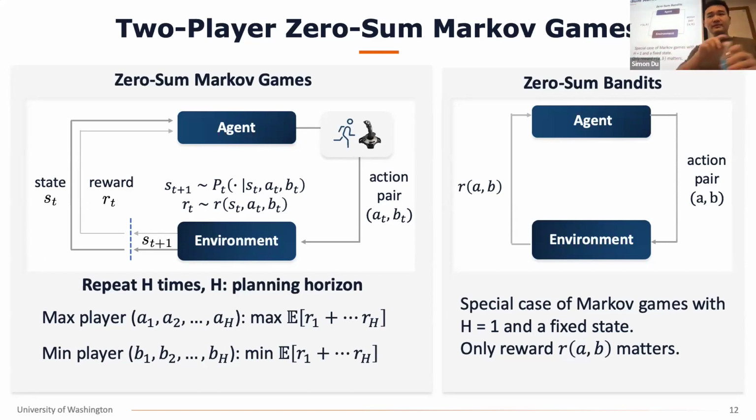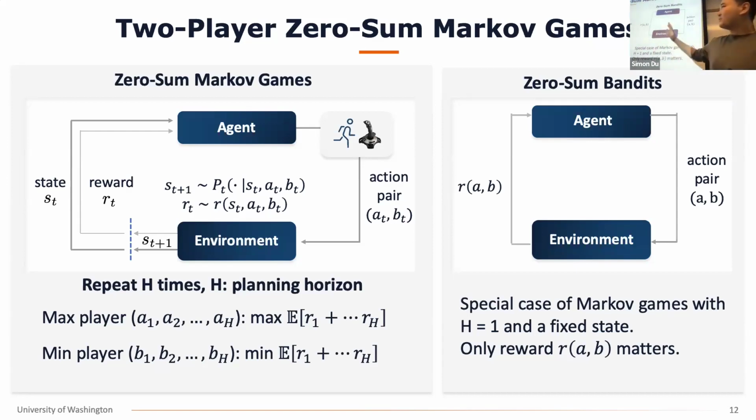Also note that there is a slight difference between this setting and the real case. Because, for example, if two players are playing Go, then after the first player makes his decision, he already partially knows whether his decision is good or not. Yeah, that's a good point.